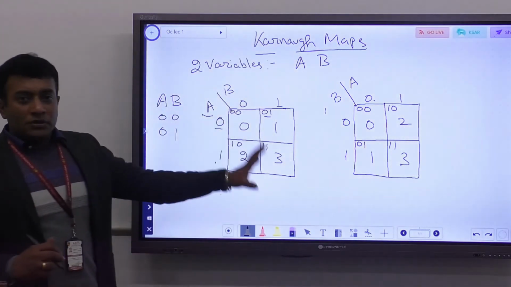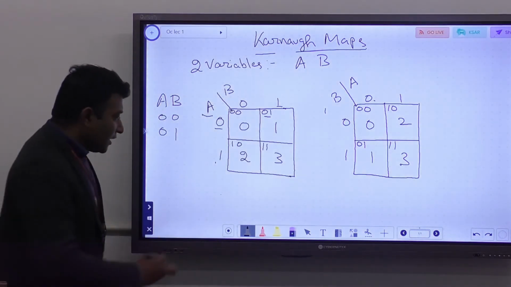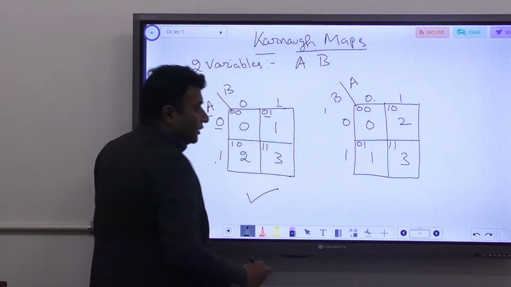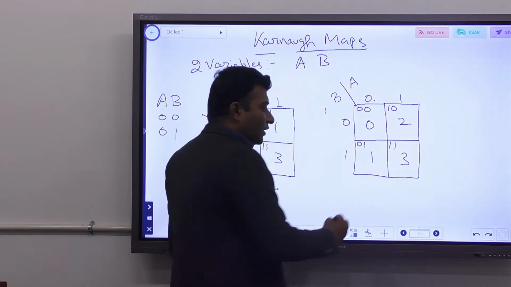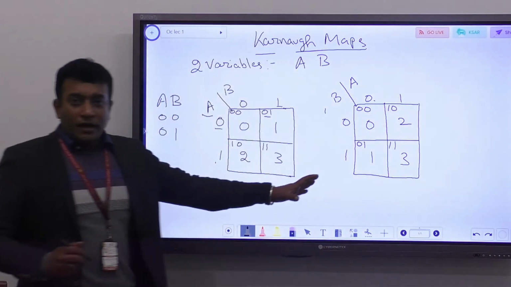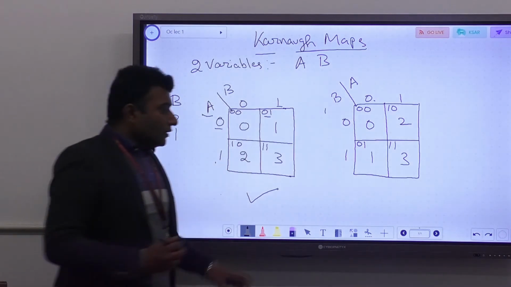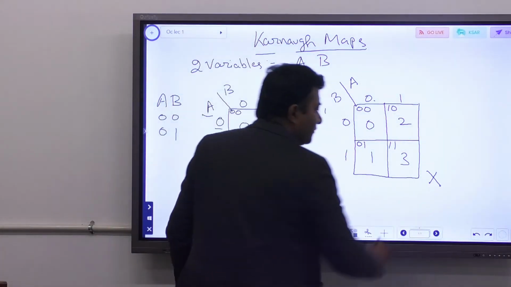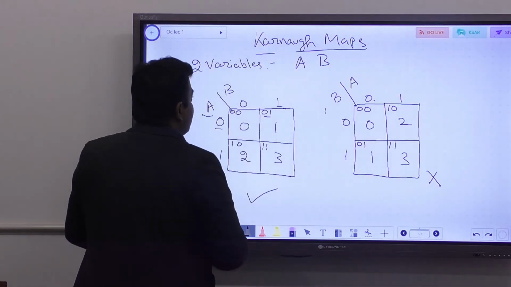We can use both the K-maps perfectly. In most of the books, this type of K-map is given. This type of K-map is given in a smaller number of books, so that's why we have to use one of the notations, and we are using this one. We are eliminating the other, but we can effectively use it as well. Okay?